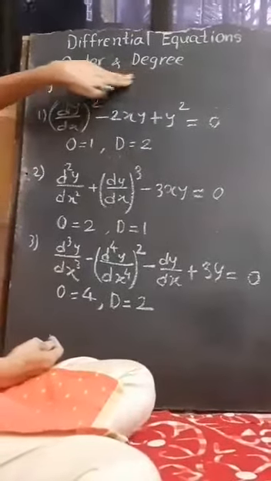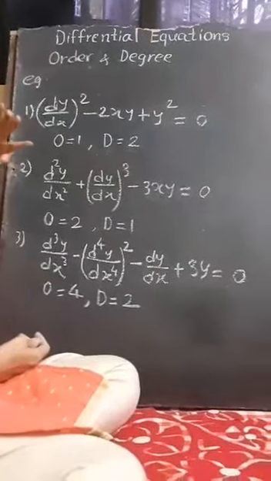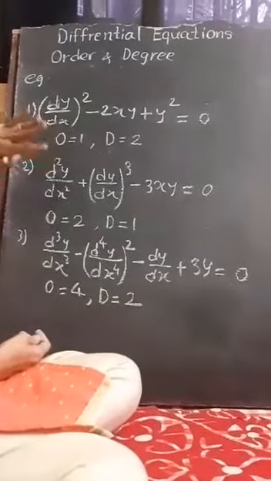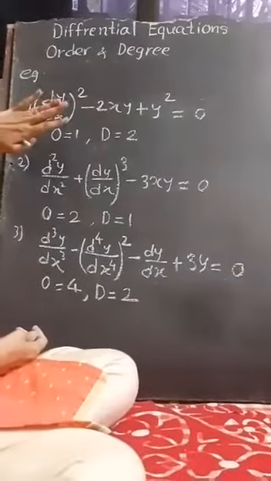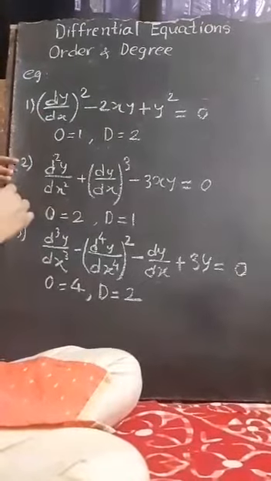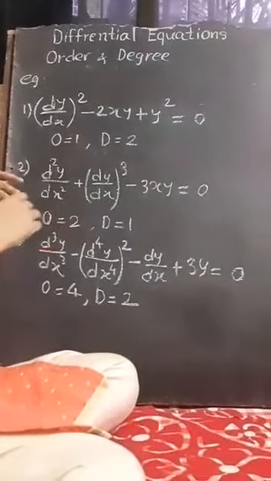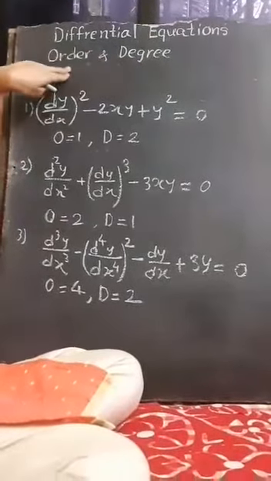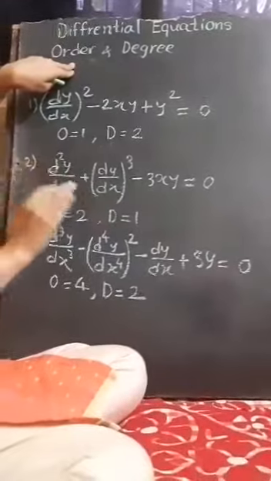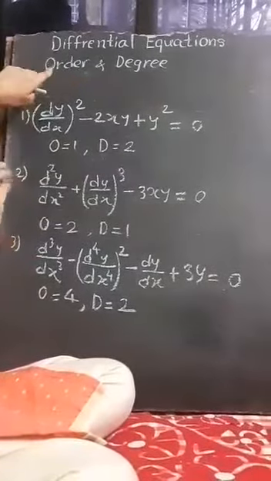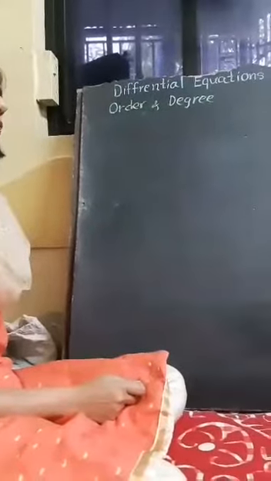But for degree, you may need to do simplification when the differential equation has fractional powers. Those are called radicals, and fractions, that means something upon something. Whenever you have them, you need to simplify, and only after simplification you need to find the degree. So finding order directly you can do in every problem, so no one should lose marks for order. Okay, so we will be doing a little more difficult examples now.